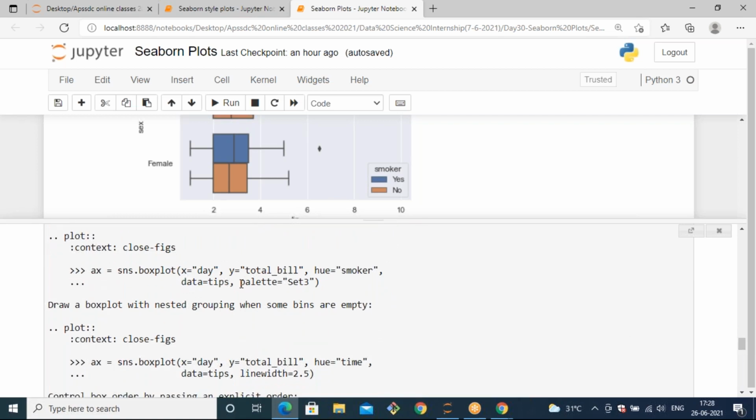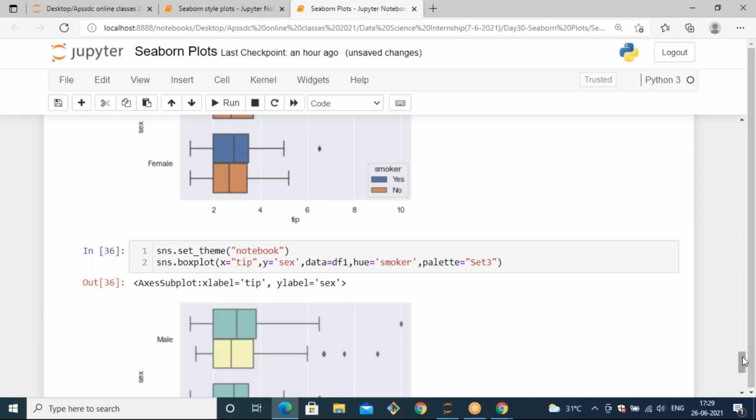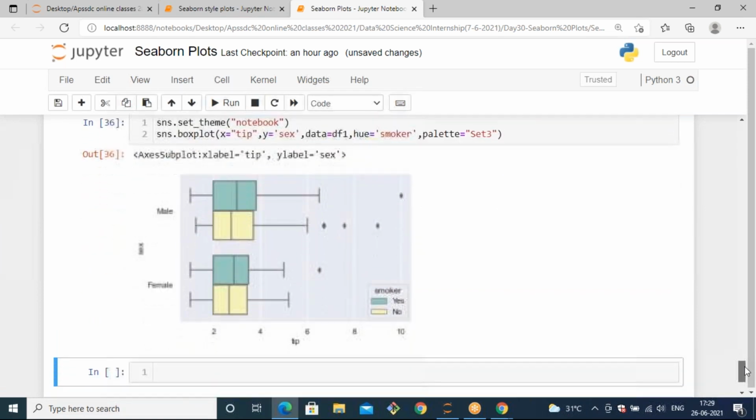You can specify the color with palette equals to some format. If I specify palette instead of color, let's observe the changes. Set3 is one kind of color format, like light blue and light orange.